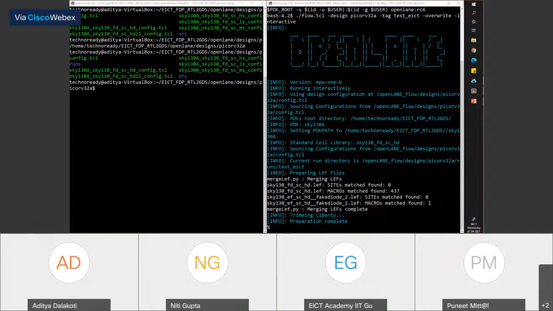Which command, Prabhati, do you want me to copy paste? This flow.tcl command? I can paste that, sure. You also have this command at your end, so